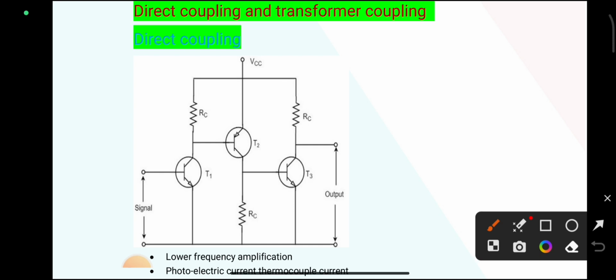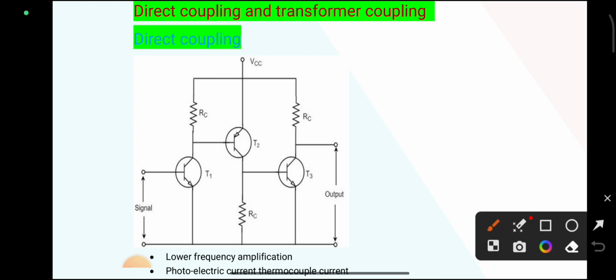In this circuit there are no coupling devices applied. You can see there are no coupling devices such as resistors, capacitors and transformers used to couple the two amplifiers. So here we use it directly